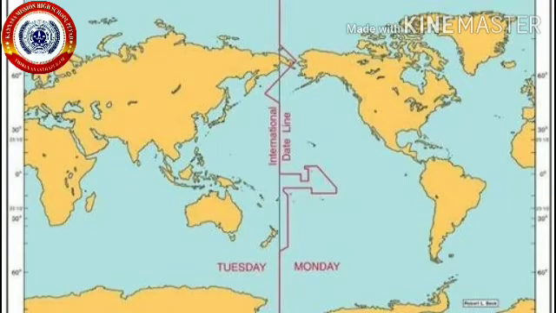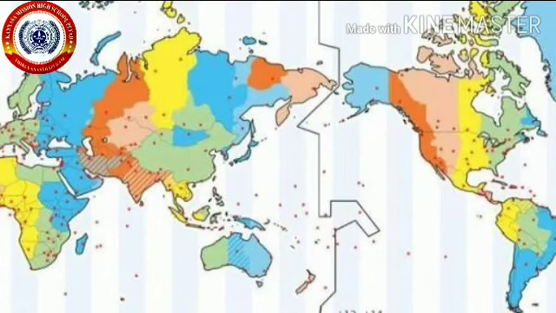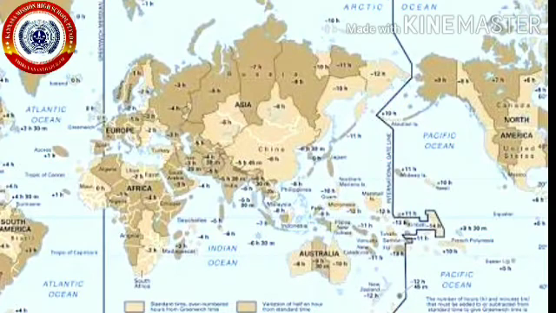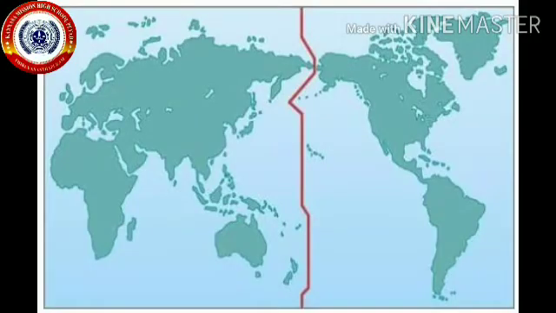You see, the International Dateline is not straight. The reason is, if it were a straight line, it would demarcate the same country into two parts and both places would have different dates on the same day. In order to avoid the confusion of having different dates in the same country, the International Dateline bends and goes zigzag. The International Dateline is drawn to unite the world's timetable and date to maintain uniformity across the globe.